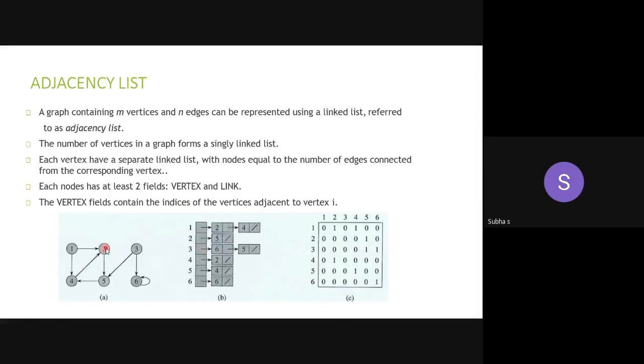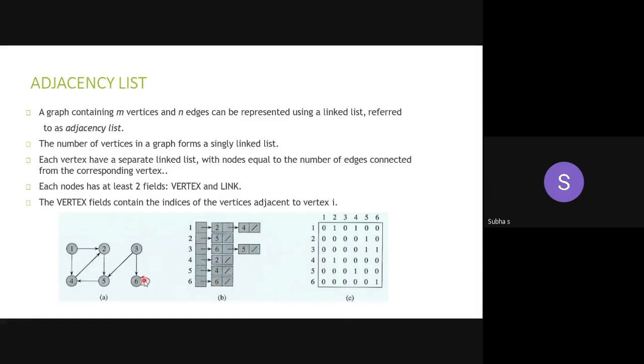From 4, only one node is adjacent, 2. From 5, there is only one adjacent node, 4. From 6, there is only one node, that is, a self loop. So you have to make 6 itself. Don't think that for 6 there are no nodes and just leave it. Self loop is present, so you have to show that specifically.